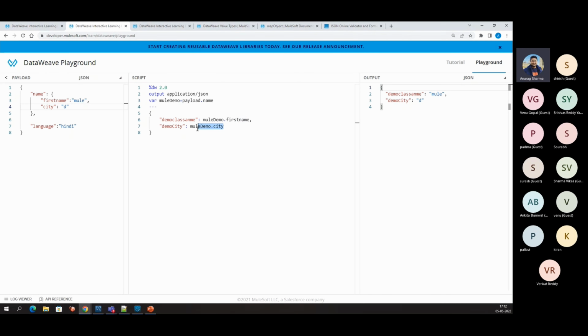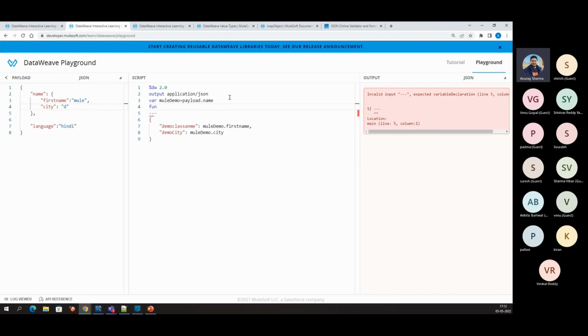So this is pretty simple. Like this, we define the variable, and like this, we use it. This is a pretty simple thing. Now we have defined the variable, and now I want to show you the function. So for defining the function, we need to use fun. Earlier it was function